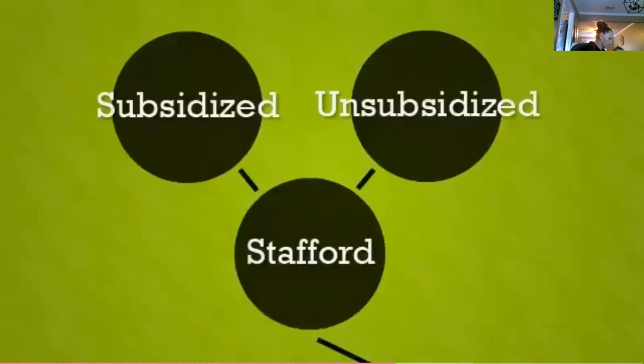First, let's take a look at the Stafford loan, which can be either subsidized or unsubsidized. The unsubsidized Stafford loan has a low variable interest rate and begins to accrue interest while you're in college. The interest that's accruing while you're going to school is usually just rolled into the principal of the loan, and the payments are deferred, which means that you don't have to start making payments as long as you're enrolled in school as at least a half-time student. There's a 6-month grace period after leaving school, after which loan repayment must begin.